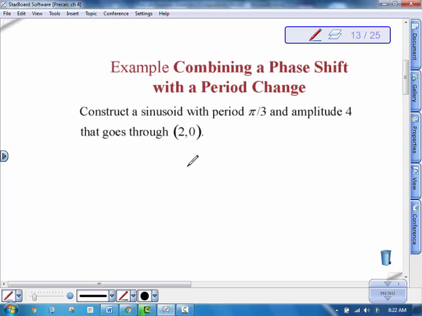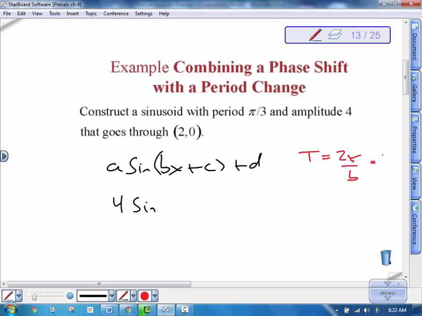Okay, so here's another example then. This is a period change and a phase shift. So let's construct a sine. We know our sine functions are a sine of (bx plus c) plus d. We know this has an amplitude of 4, so we can plug in 4. We know the new period is going to be pi over 3, so if we compare that, period is equal to 2 pi over b. And it needs to be pi over 3, so we can find out what b would have to be in order to get that. So I would flip both sides probably, and then multiply by 2 pi. And if I do that, the pi's cancel, and you get 6, so b equals 6. So this would be 6x